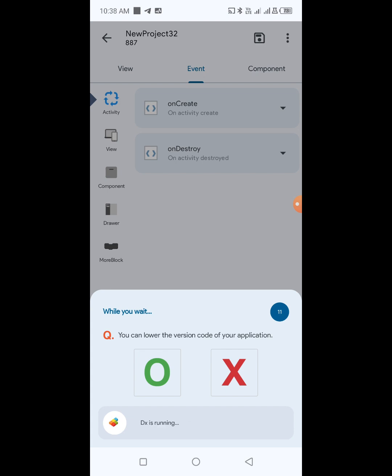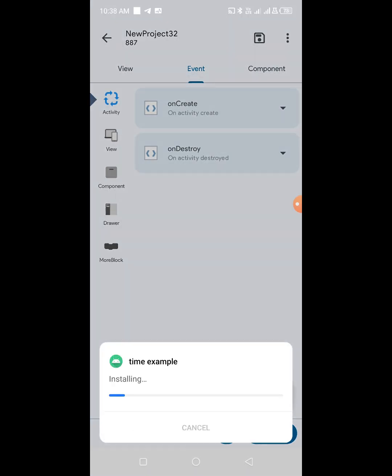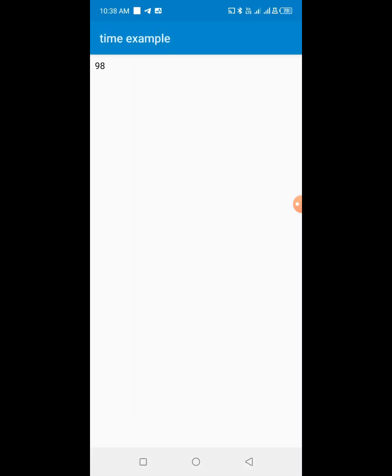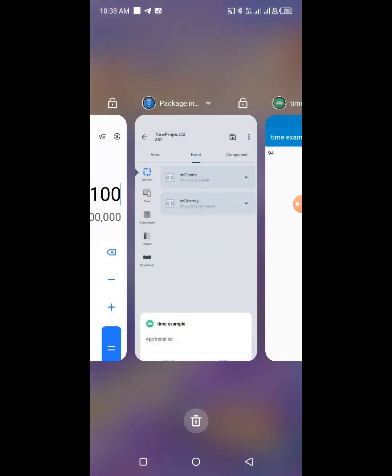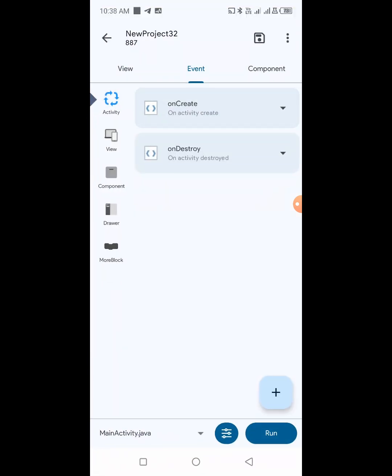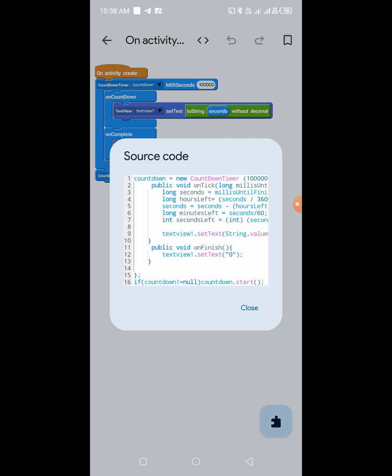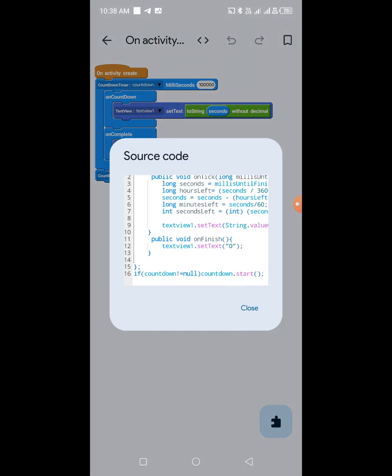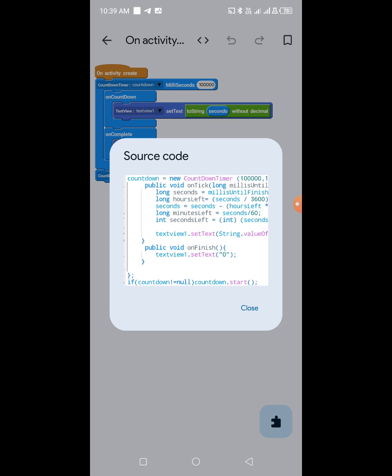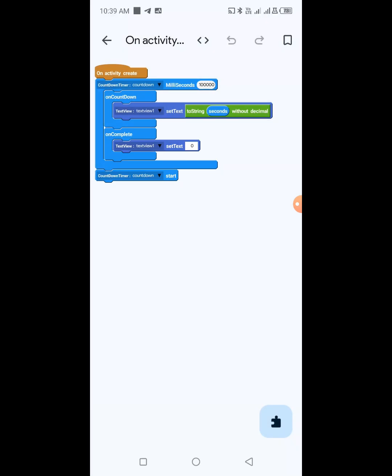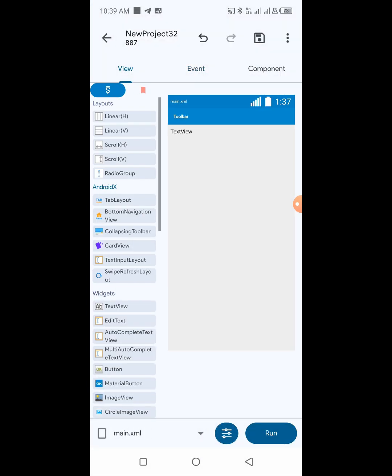So I created blocks because using code may be complex for new users. But then even if you want to use blocks, you can see our countdown is going. So even if you want to use blocks, I advise, for someone who wants to grow, always look at the codes backing each block. Yes, you look at it so you learn it and you can be independent. Though I will not argue, and I know it's very easy using blocks, but then to go further and further,